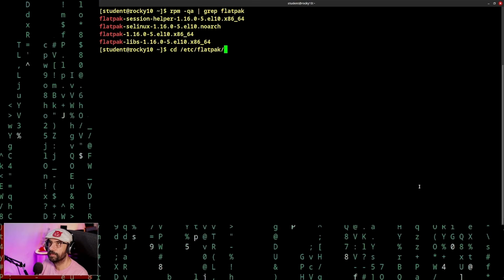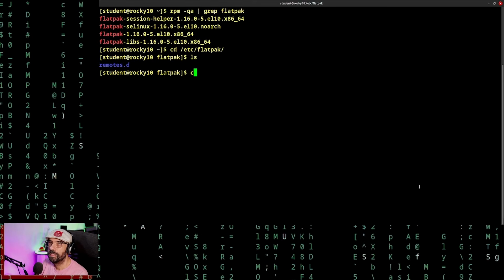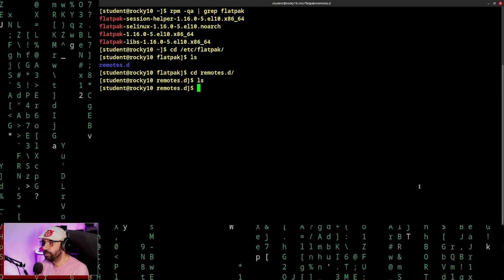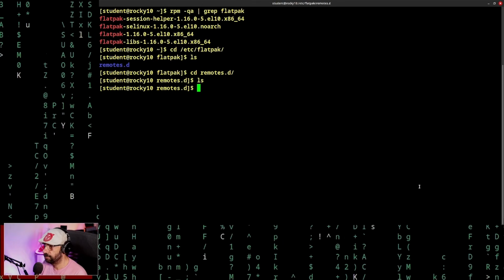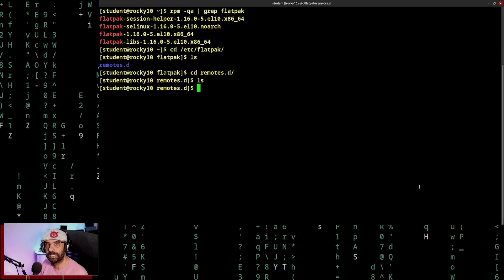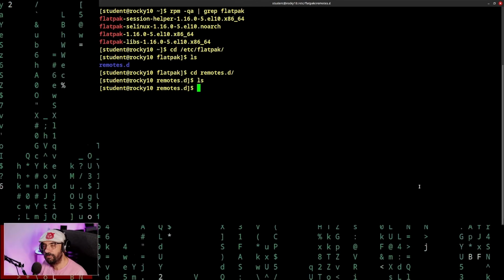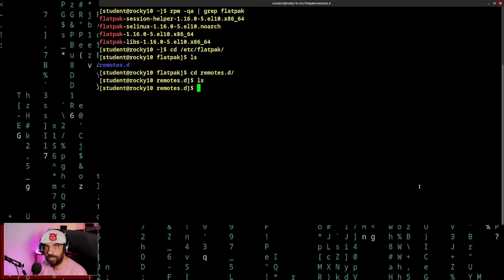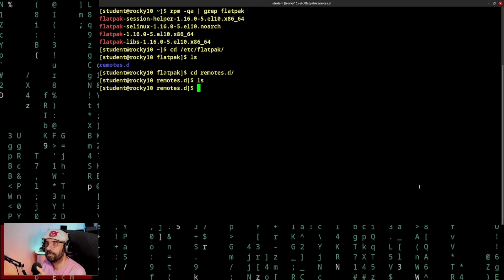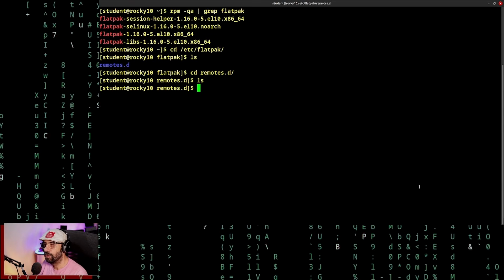Okay, so let's check its folders: /etc/flatpak. There we go. It has nothing, and a file that is empty. So this will vary depending on your system. On my system here, it's the configuration folder. It's empty. It has no config files. If you're using Fedora, the layout should be a little bit different. But we're focusing on a RHEL system, and for the most part, it's either empty or has